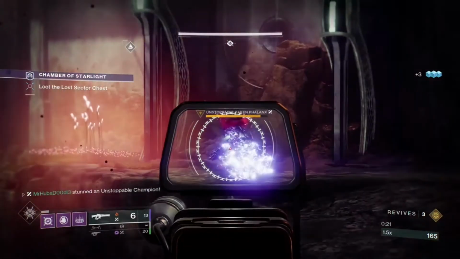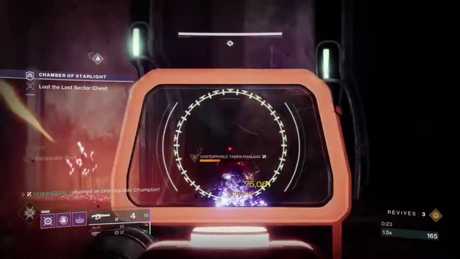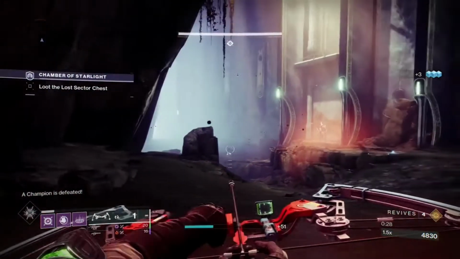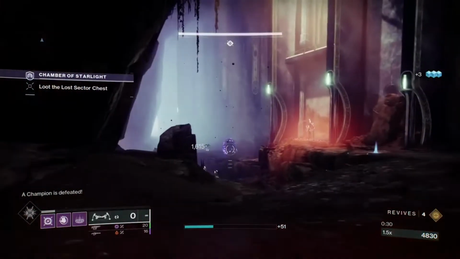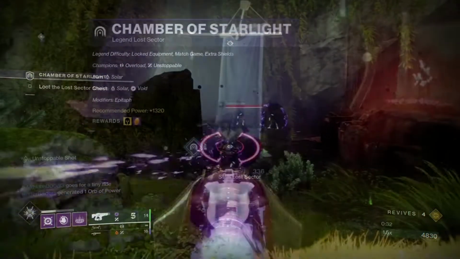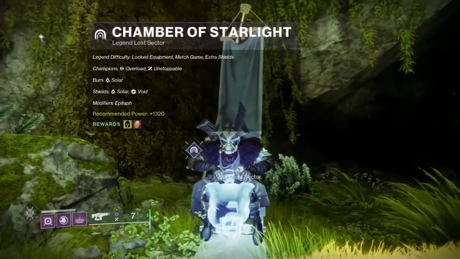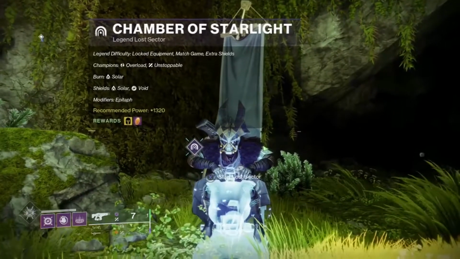Now, with Season 15 being Season of the Lost, I would highly recommend taking advantage of the fusion rifle meta. Pairing any fusion rifle with the armor mod Particle Deconstruction will give you a huge advantage in any high-level activity. Today's modifiers are Epitaph, where taking combatants generate blight geysers when defeated,